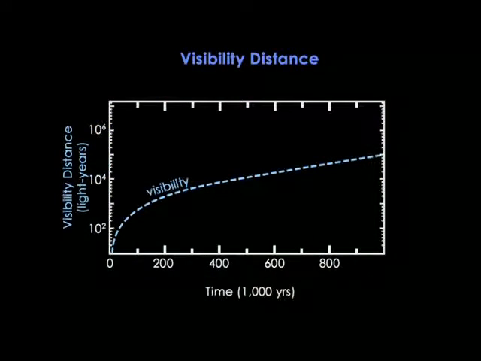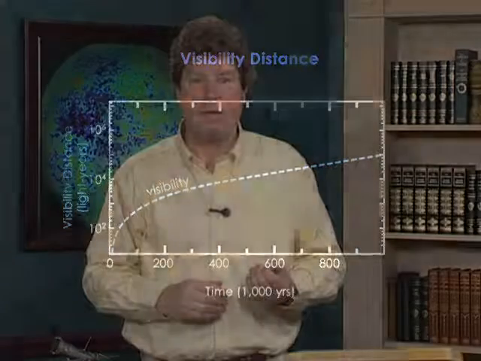For example, after 100,000 years, the fog's visibility distance was about 500 light years. Now, as the universe expands and the density drops, this visibility distance increases, like the blue dashed line on this plot. At earlier times, the visibility distance gets much shorter. But only about 1 second after the Big Bang could you literally not see your hand in front of your face. A rather moot example, since at that time you'd evaporate in much less than a nanosecond.